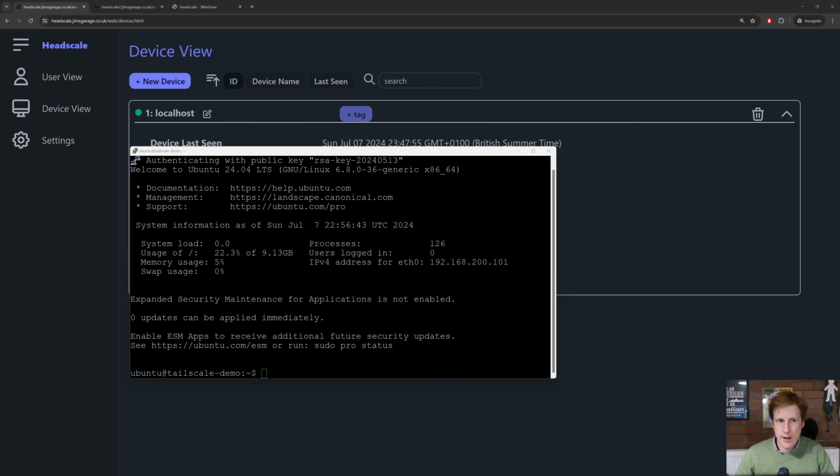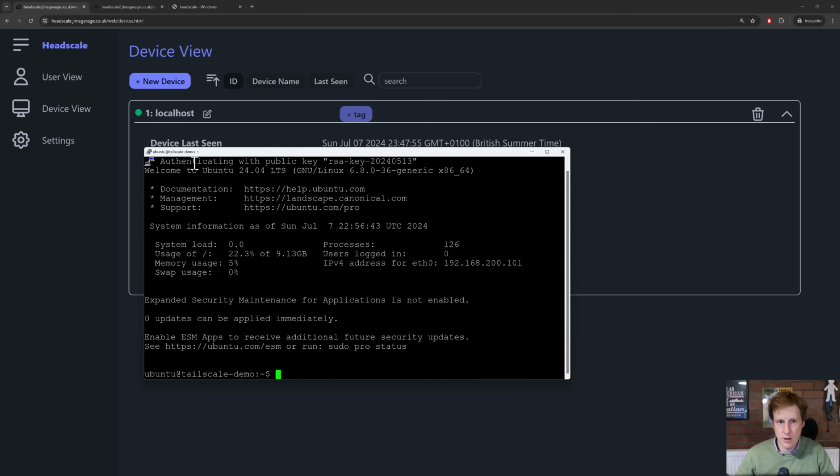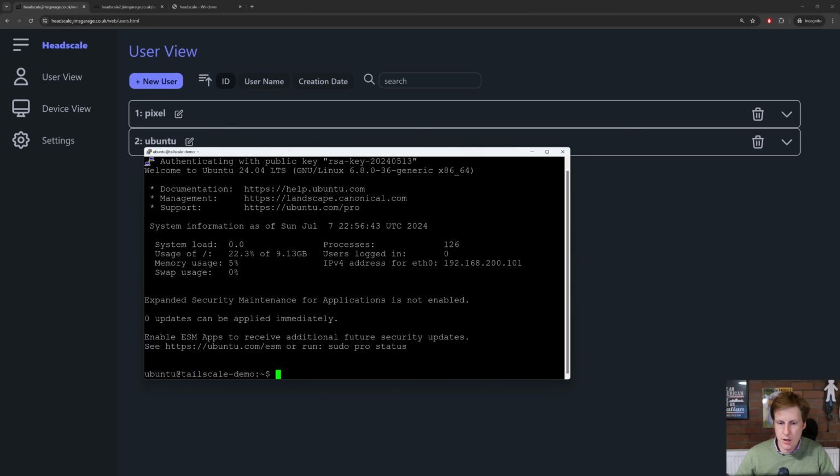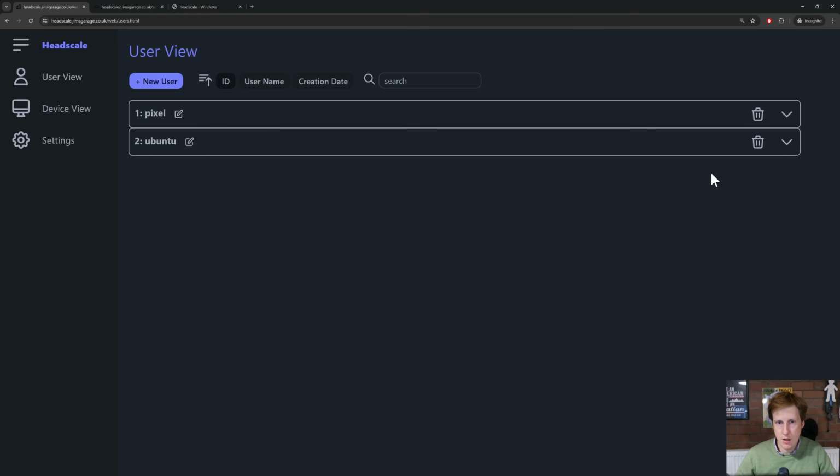So on the screen now, you can see a new virtual machine. I've just called this one Tailscale Demo at the top, and I'm going to connect this one now to our Headscale network, and conveniently I've called this user Ubuntu. So now that we have this up and running, we can make use of the pre-authorization key. So in the